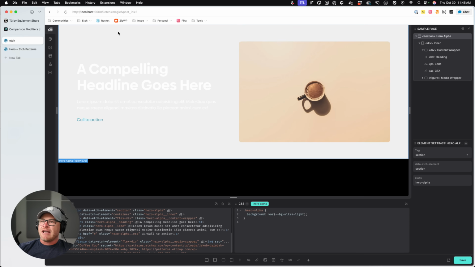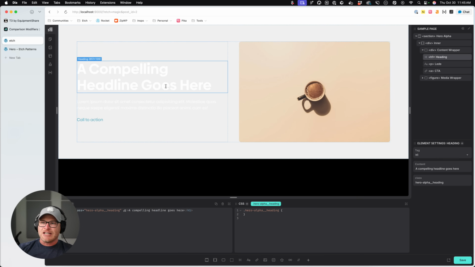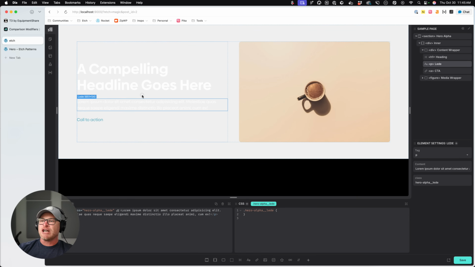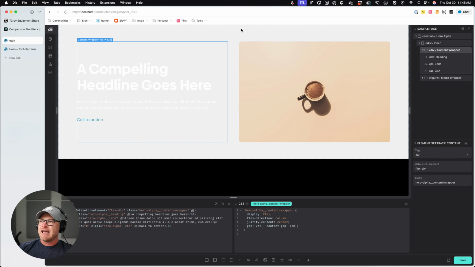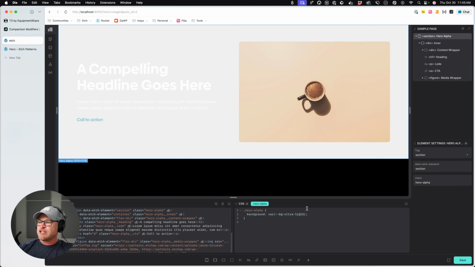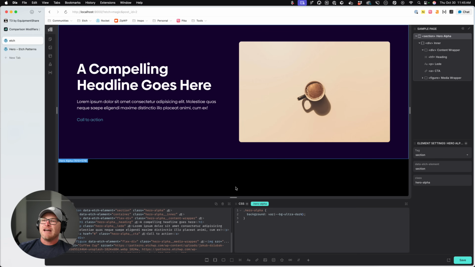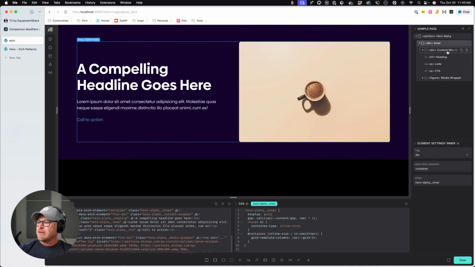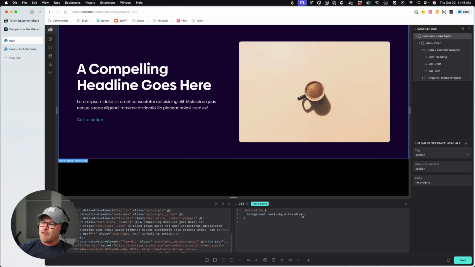Now this is a dark site. This is a light section. So obviously I would have to make some adjustments here to my text. Probably what I would do is just change this to BG Ultra Dark, right? And there you go. So we're good to go. Let me show you maybe an example. That's actually an example of one that needs to be fixed right there, because I don't think I had a fallback.